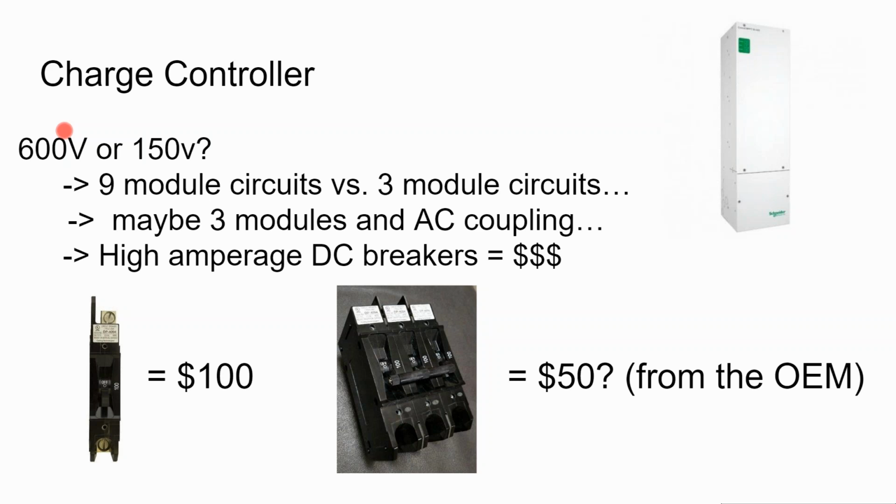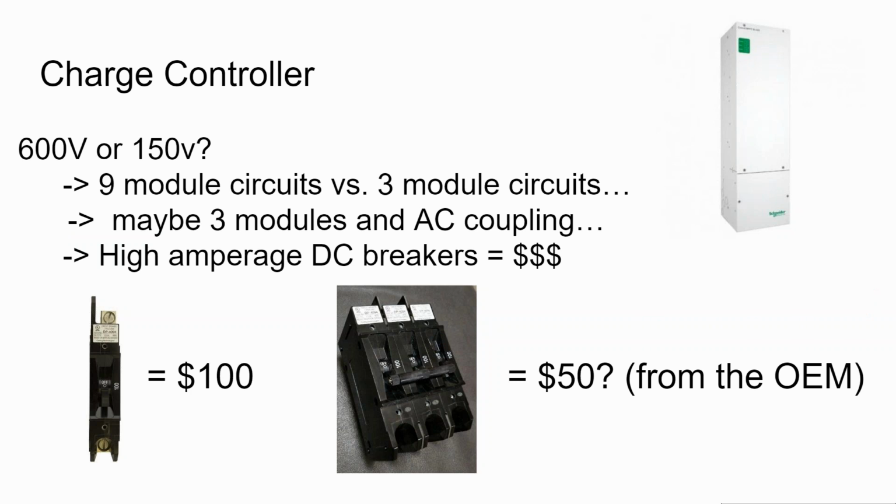I would rather avoid it. So, I kind of limit my own charge controller selections by going with 600 volts. Another problem we run into is these specialty breakers, because when you go with a charge controller that has high voltage and low amperage coming from the solar array, but then it hits a 48 volt battery bank that's going to be low voltage, and it's the same amount of power going into it, your conversion has traded high voltage and low amperage for low voltage and high amperage.